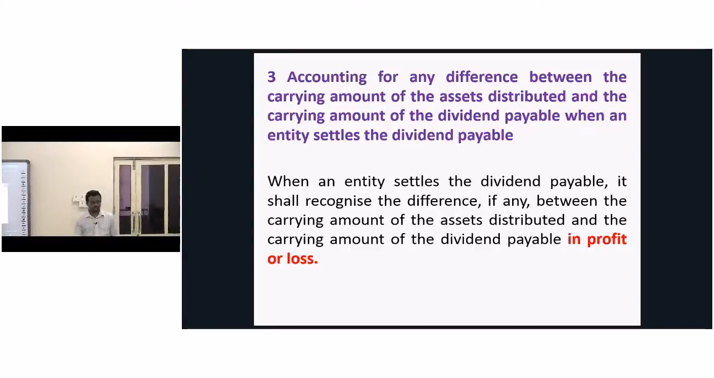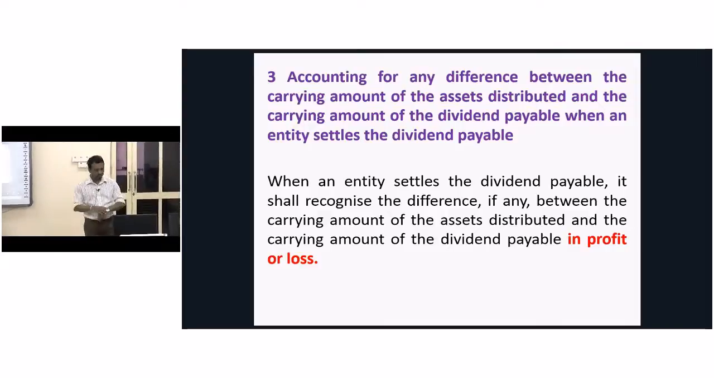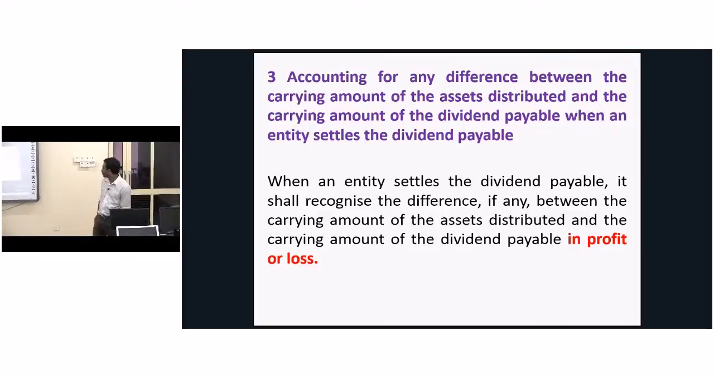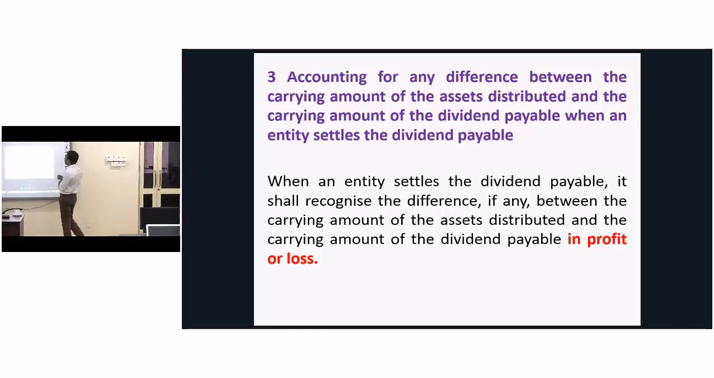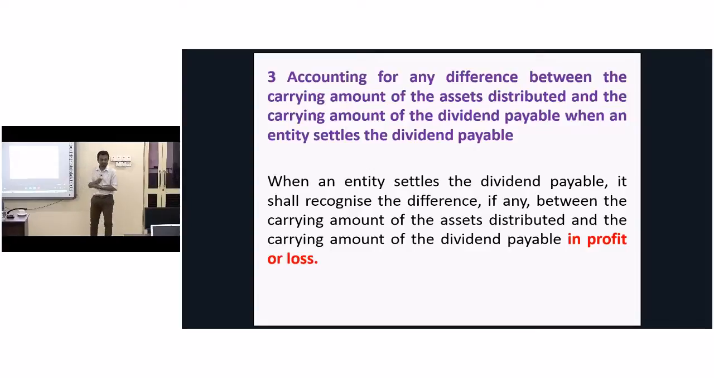Third question, last one. I told you the scope is a little narrowed. Accounting for any difference between the carrying amount of the asset distributed and the carrying amount of the dividend payable when the entity settles the dividend payable. Look here. At the settlement date,